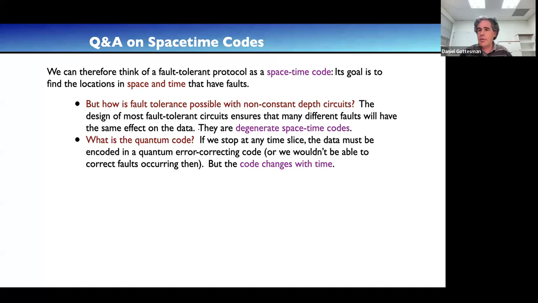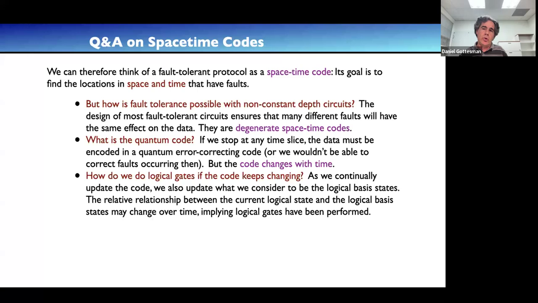If you stop it at any time slice, then the data will be encoded in a quantum error correcting code. But if you stop it at a different time slice, it'll be a different quantum error correcting code. So in a code that's built according to these principles, the code is changing all the time. It might change in a regular way, going in cycles like a Floquet code, or it might change in an irregular way, and maybe you never repeat the same code again.